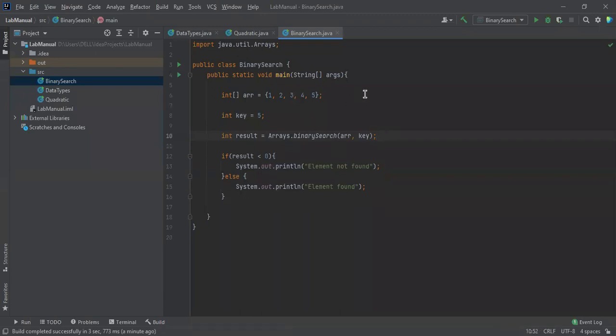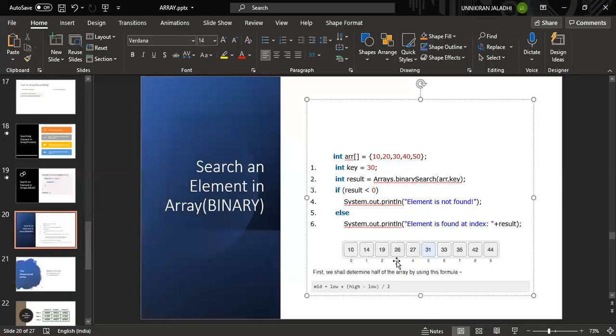And now we are going to discuss how the binary search happens if we are not going to use this particular method. Let me explain. See this. So this is an array we are having. So inside a binary search, we are going to search a key value. Suppose 33 is there. We are going to search for 33.